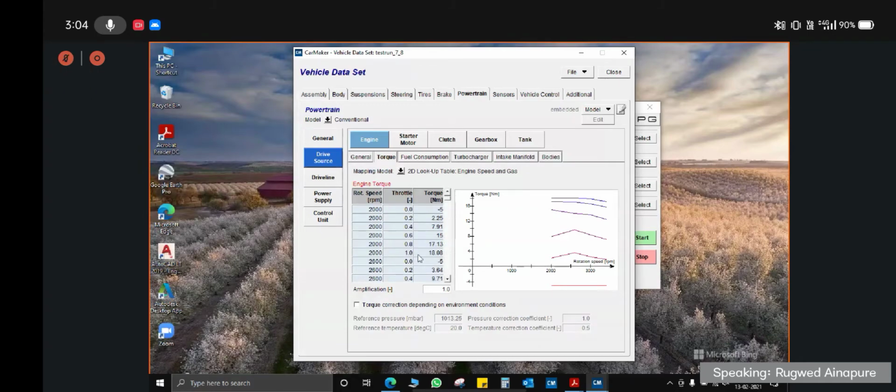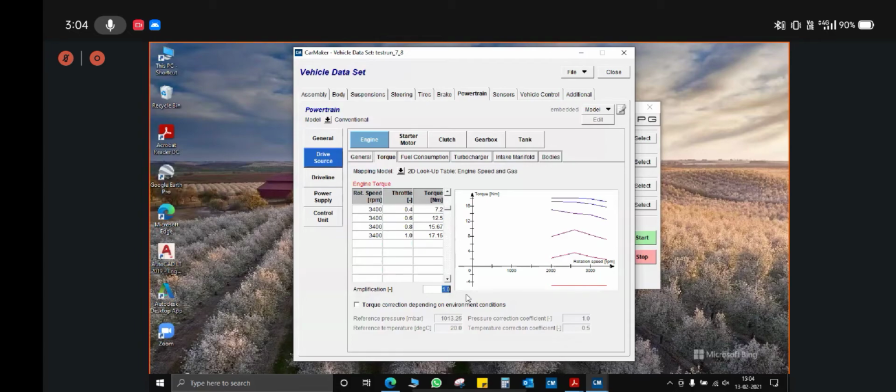So these values only I have put in here. If you have the IPG CarMaker guidelines with you, you can refer to page number 14 and you can see that those same values only I have taken here. Amplification has to be kept as 1. Now teams cannot change the amplification here to optimize these values as they can do it in the suspension system.